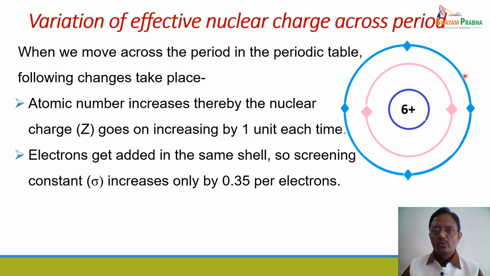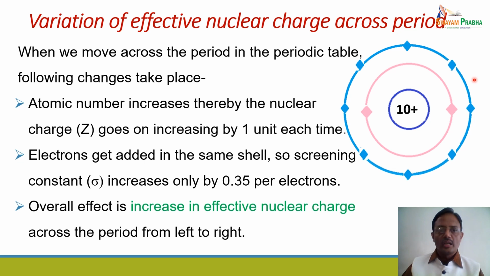Similarly, when we move to the next element, the electrons are added to the same shell and the positive charge in the nucleus goes on increasing. Every time the increase in the nuclear charge, Z value is by 1 unit and sigma value is by 0.35 unit. Net effect is there is ultimate increase in the effective nuclear charge by a factor of 0.65, because we